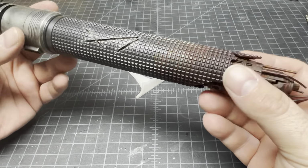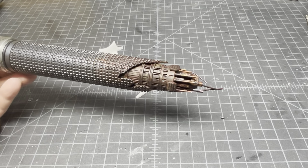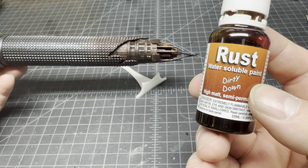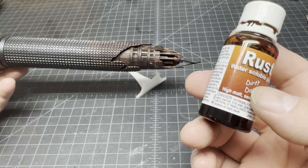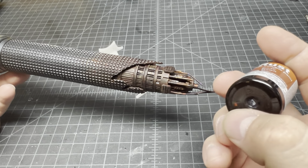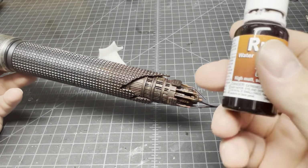The only other thing I could mention is I tried out a new product on the end here. See if I can find it real quick. This Dirty Down Rust paint. It's acrylic, so it's water-based. You can just paint it right on there. There is a mixing ball in there, so you shake it for a little while before the ball bearing releases. You have to shake the crap out of this stuff, but